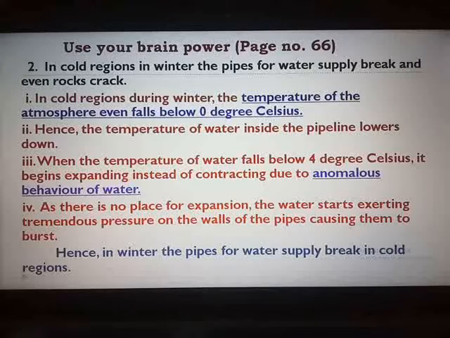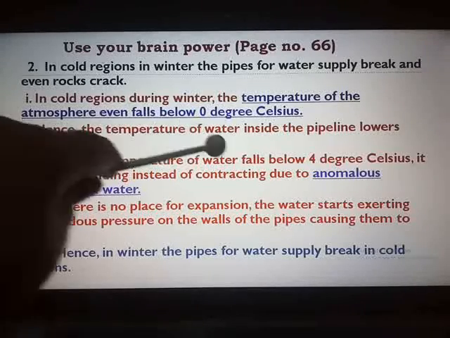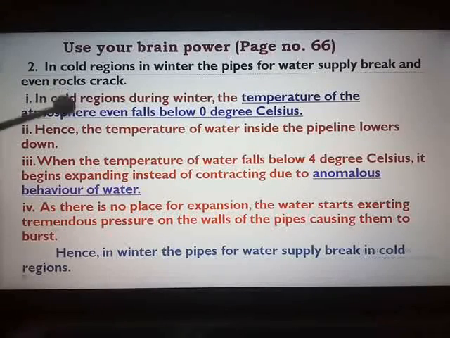The main theme, the main topic which you are going to use is the anomalous behavior of water and how in the cold regions the temperature of the surroundings falls down. So the activity on page number 66 is over. On page 67, try the activity about the bottle taken out from the refrigerator; we have also discussed it in the textual exercise. Page number 68 and 69, there are no activities for discussion. So chapter number 5 also gets over here.